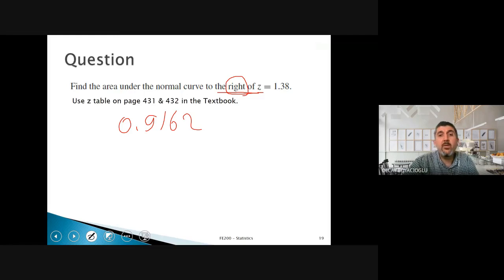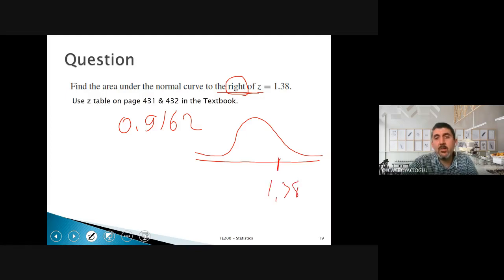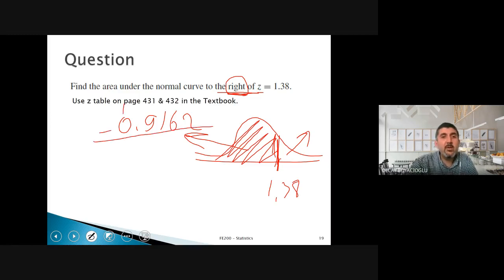Let's write here 0.9162. However, if you remember our table nature, when we have a value like 1.38, that graph always gives us the area under the curve to the left of that z value. So this is that. However, the question is asking us the right. So they are asking us this value. What is that value? Very simple. 1 minus 0.9162,